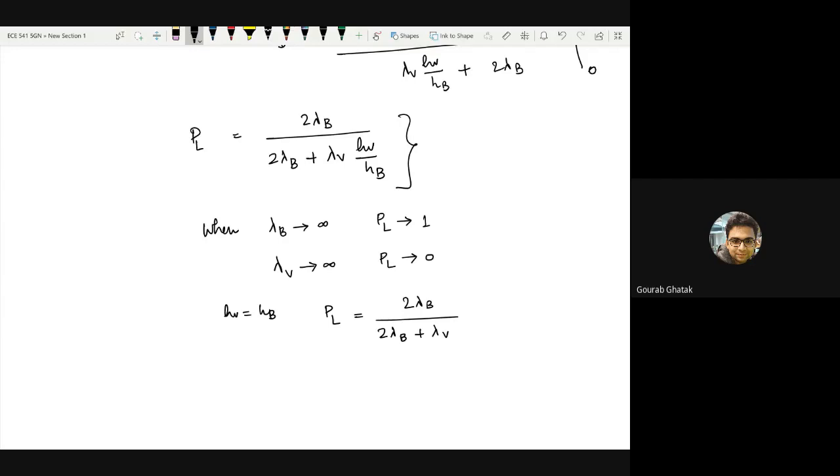By the way, before going there, these kind of things also follow from HV and HB. So when, for example, HB tends to infinite, this thing follows, and when HV tends to infinite, this thing follows. And it also follows from our intuitions as well. If the base stations are at infinite height, you will always be in line of sight. Of course, you will not get any power, but that is not the concern at this moment. When the vehicles are of very large height, you will also get no line of sight.